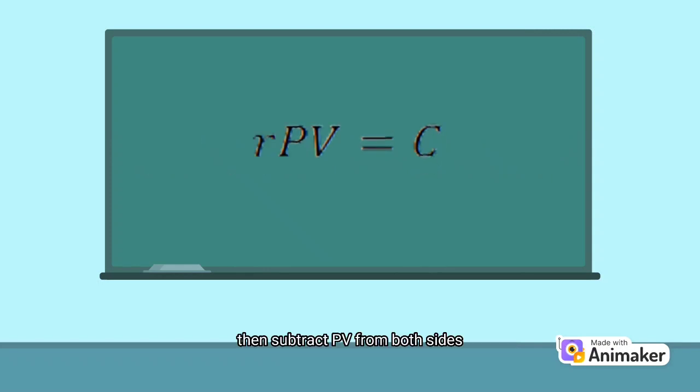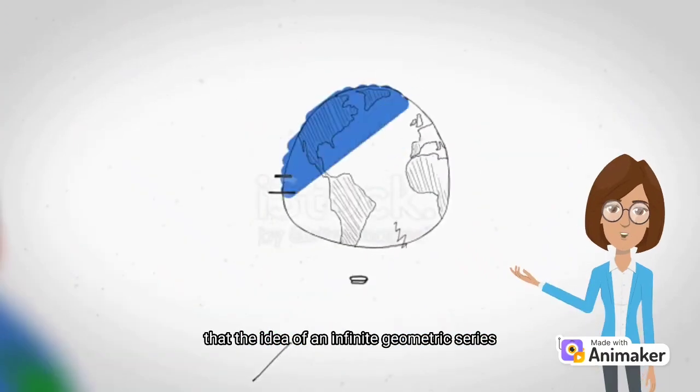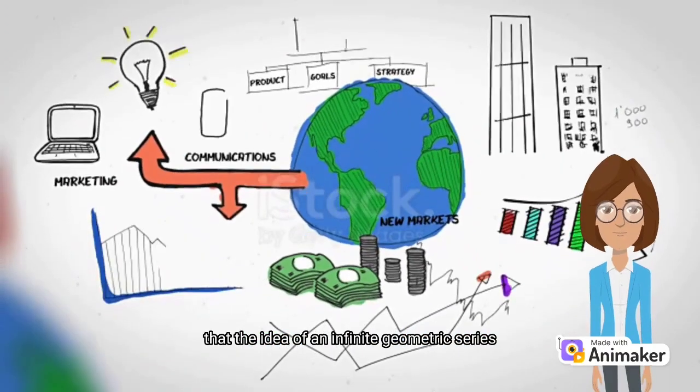Then, subtract PV from both sides, where r times PV equals c. And lastly, dividing both sides by r gives us the present value formula for perpetuity, which is PV equals c over r. We should know by now that the idea of an infinite geometric series can be used